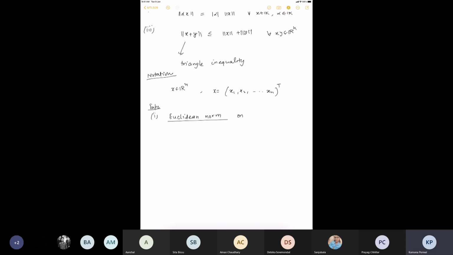And how do we define it? This is defined by, so let's see what notation I'm going to use first. I'm going to denote it by, I'll use the 2 in the subscript to denote the Euclidean norm. And it's defined as,